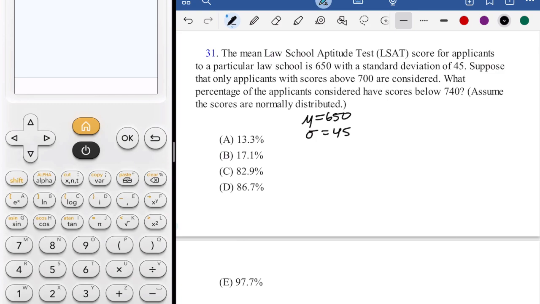It's kind of a strange twist, but we can look at this as a conditional. So it's really the percentage of applicants considered to have a score below 740. It would be the probability that your score, we'll let X be the score,